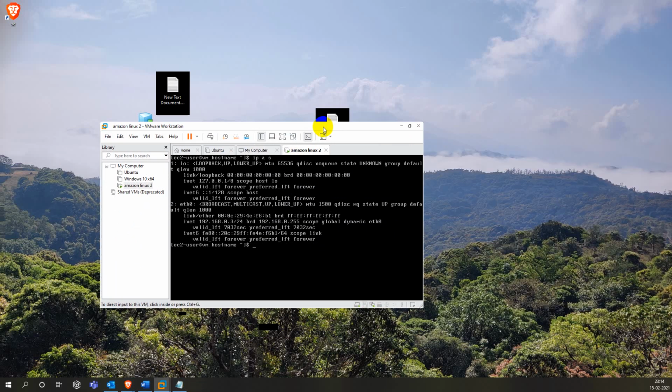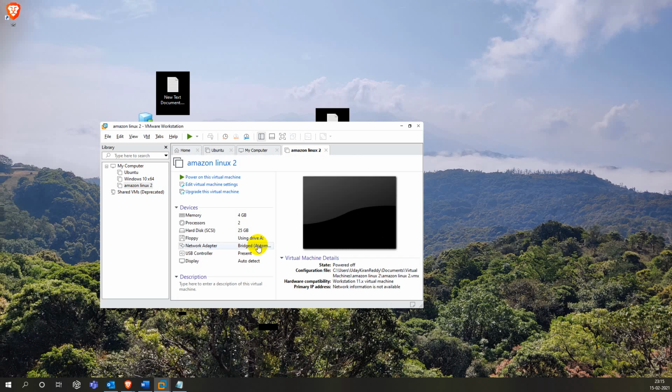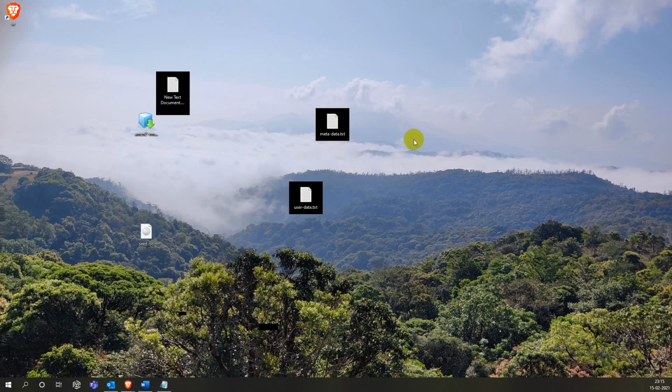And the task for this video was to create Amazon Linux locally on VMware Workstation. The same steps you can follow for VirtualBox or ESXi or anything. You can just go through the steps mentioned in the Amazon document. So that's it. Shut down now. Sudo shutdown now. Yeah. Thanks for watching this video.